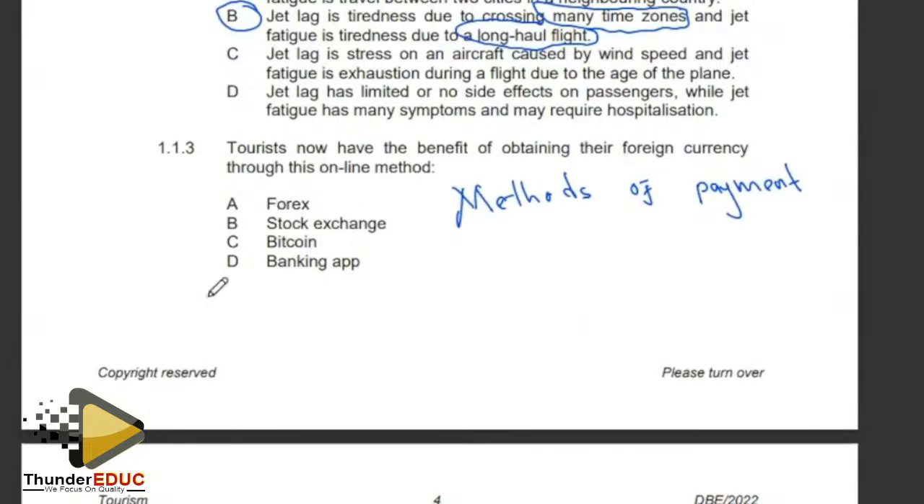So let's look at the options which are given. On A, we do have Forex. It does not match what the question requires. Then stock exchange is a completely different concept which is used in business studies. Then Bitcoin